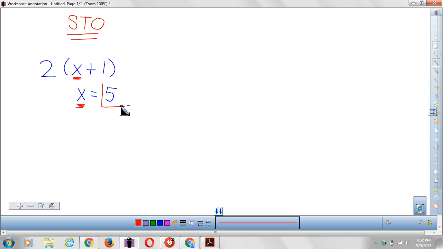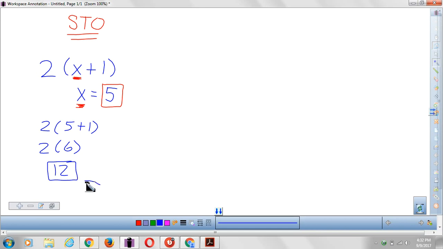We can replace with the number 5. So anywhere I see an x, I can automatically replace it with the number 5 like this. 2 times 5 plus 1 is the same thing as 2 times 6, and that results in the number 12. And what we'll say is that this 12 right here is my magic